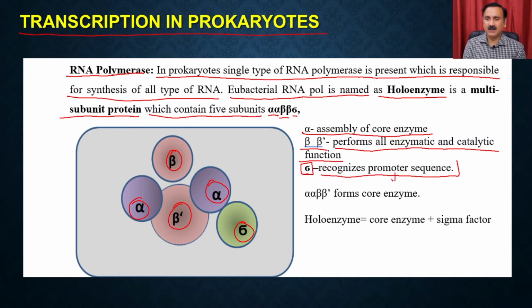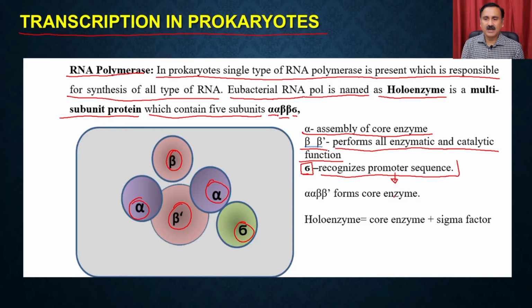The promoter is the upstream sequence which says, okay, this is the sequence where you have to go and bind, and then it is going to start the synthesis of the RNA. So it is going to initiate the RNA transcription. The 2 alpha and 2 beta subunits together form the core enzyme. When the core enzyme combines with the sigma factor, it forms the holoenzyme,